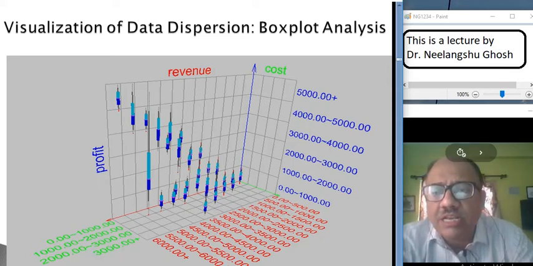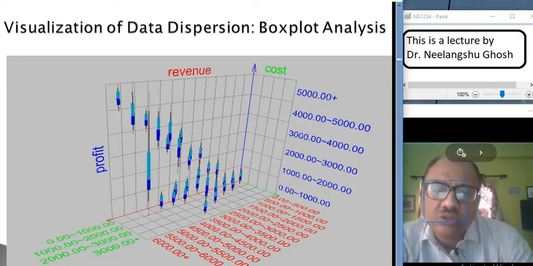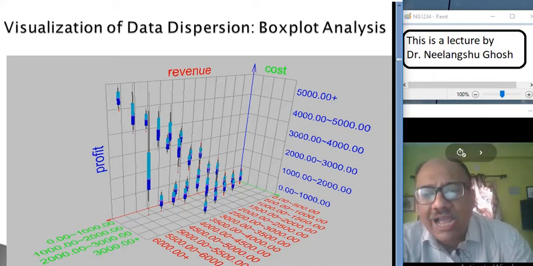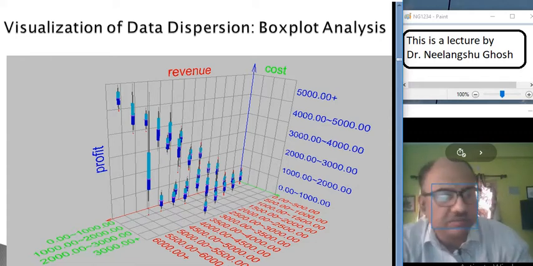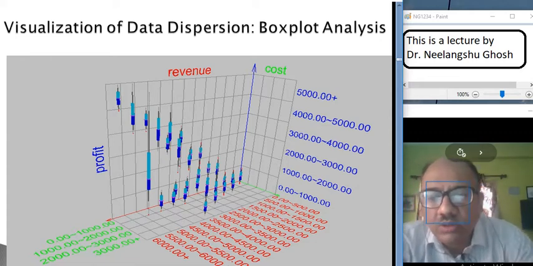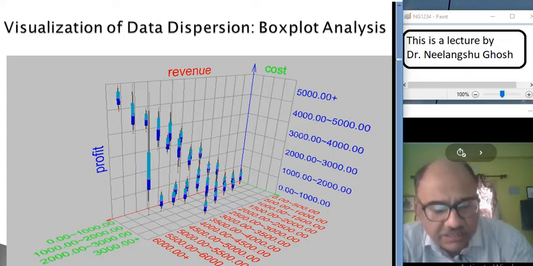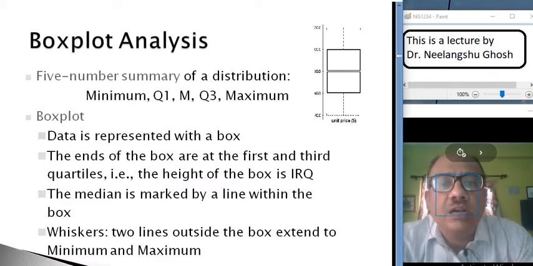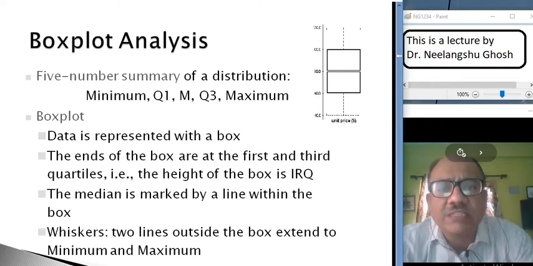Then this particular xy plane is revenue and profit. This particular one is the cost and the revenue part, and the other one is the cost part. So 0 to 500, then 500 to 1000, and you can see the values are given in three dimensions. So there is a particular value where there are minimum values and maximum values, as we have done in the previous figure. This particular represents the Q3 part, then the Q1 part, and the maximum value and the minimum value.